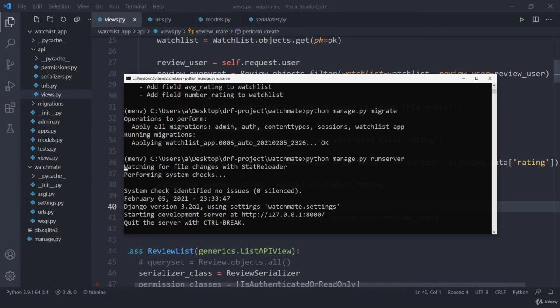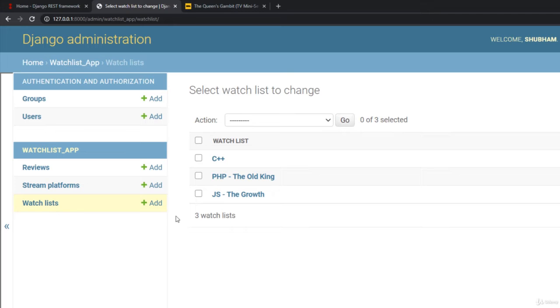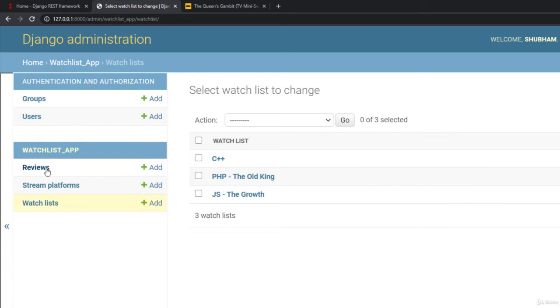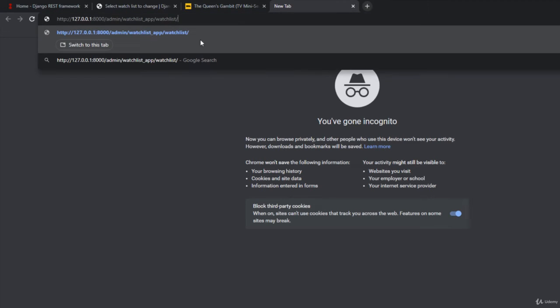This is working fine. Let me jump onto our admin panel, get into the watch list, check here. By default, average rating is 0 as well as number of rating is also 0. Now what I am going to do is create a review. So let me open my API first. And here I am going to take watch